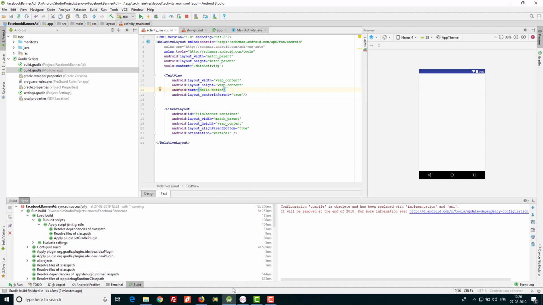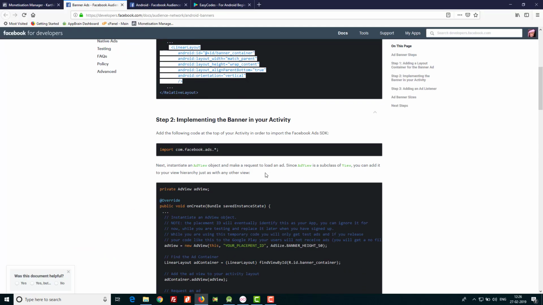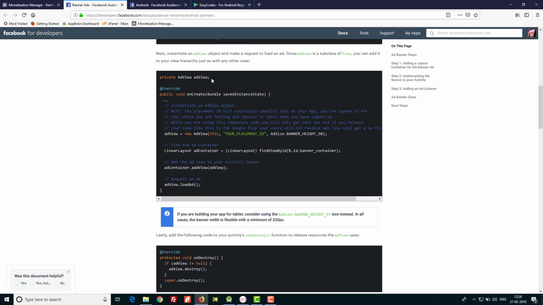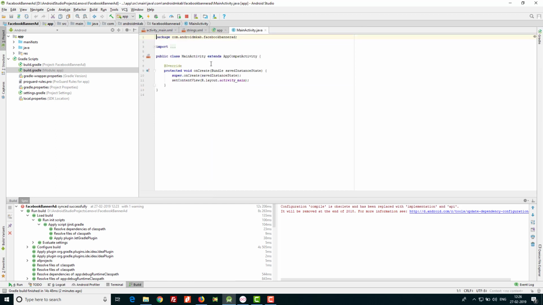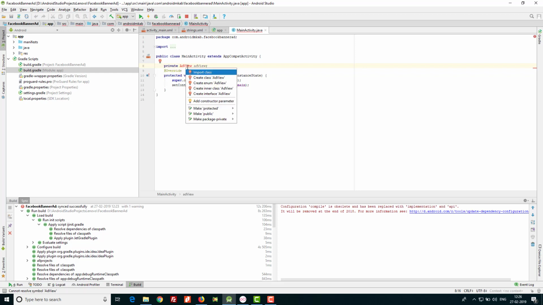Next thing is add a variable for ad view in your main activity. Just import it by clicking alt enter if you see red text like this.